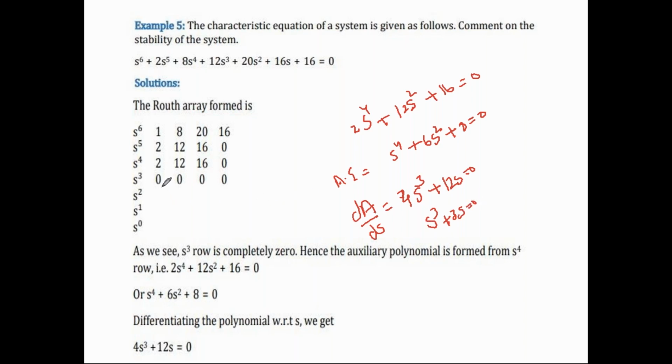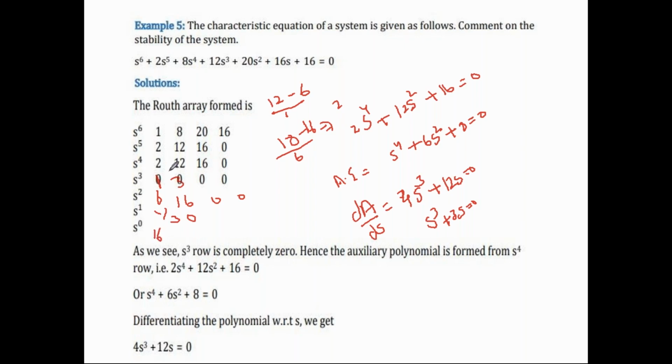Now in this way, in this term, I can replace this term by 1 3 0 and 0. So what you will get? S square term em vastundi? S square row, 12 minus 6 divided by 1. So you will get 6 here. Next 3 into 16 divided by 3, 16 here, and remaining is 0. 3 6 are 18 minus 16 divided by 6. So 2 by 6, that is 1 by 3. So you will get 1 by 3 here and 0, finally 16.